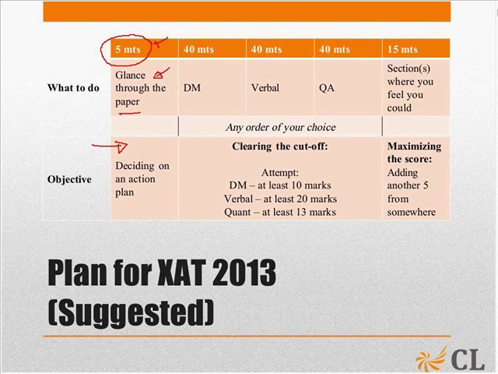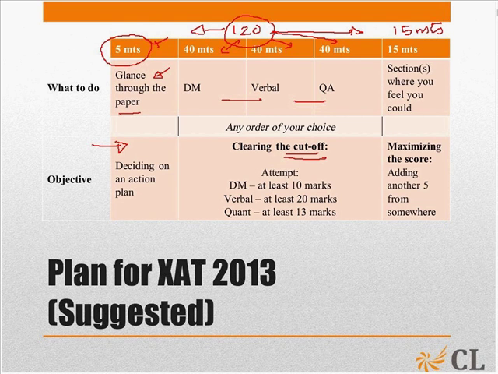Then what I'm saying is that of the 140 minutes, I want to break it down into 2 parts: 120 minutes and then another 15 minutes. And what I want to do with this first 120 minutes is to basically clear the cutoff, which means that my objective, and I've divided it equally, and I'm not suggesting that you go through this order only. You can choose whichever order that you want to do. But my objective is that